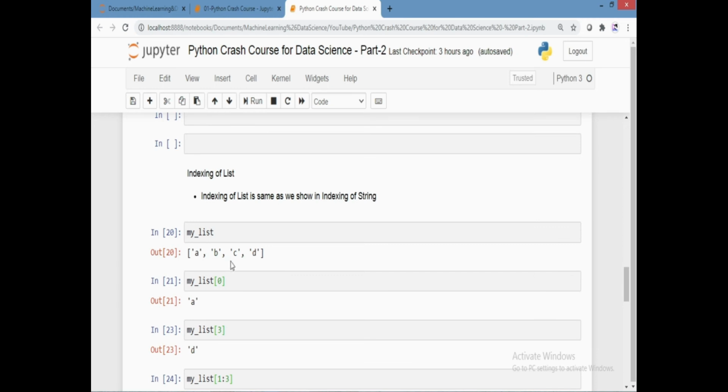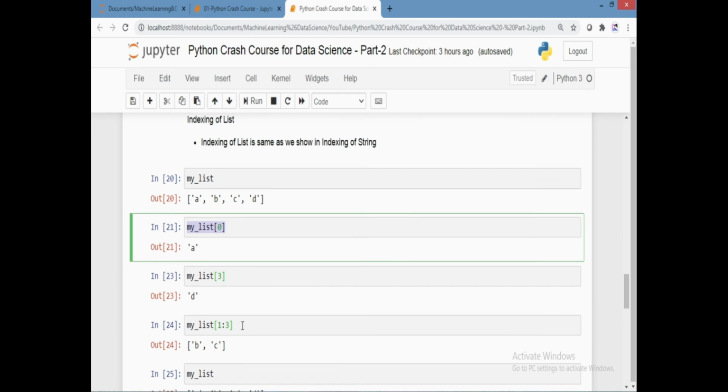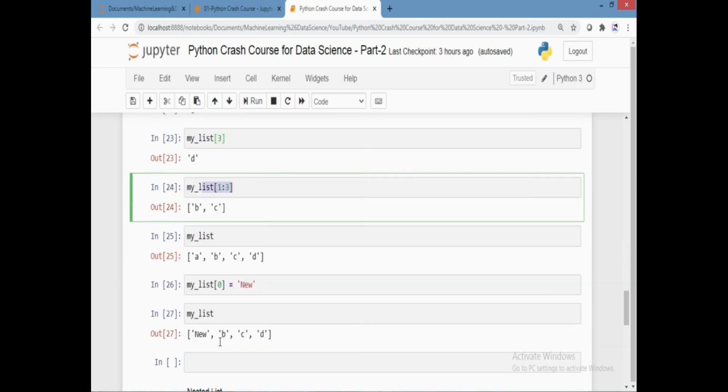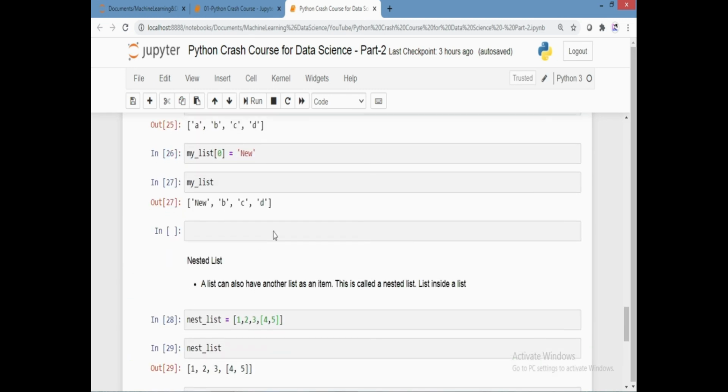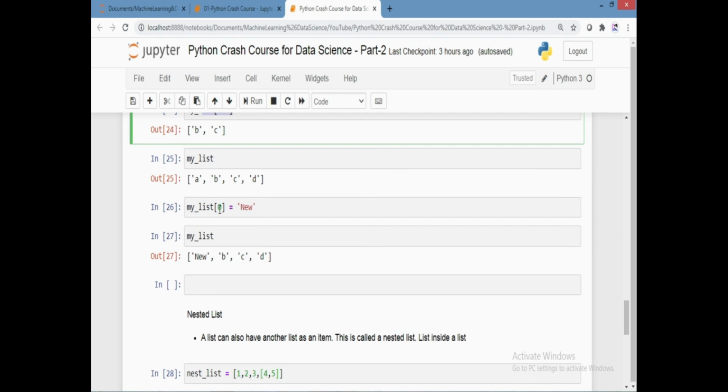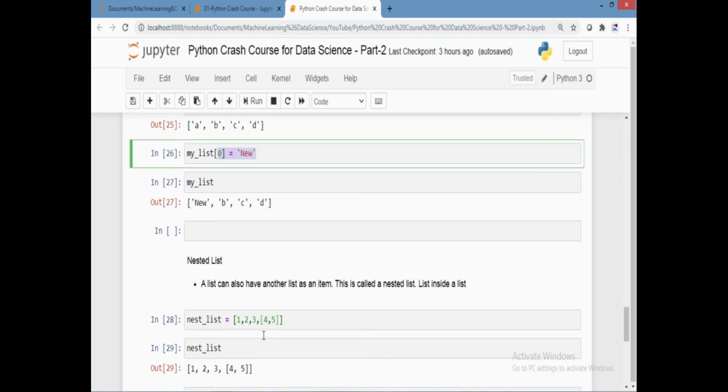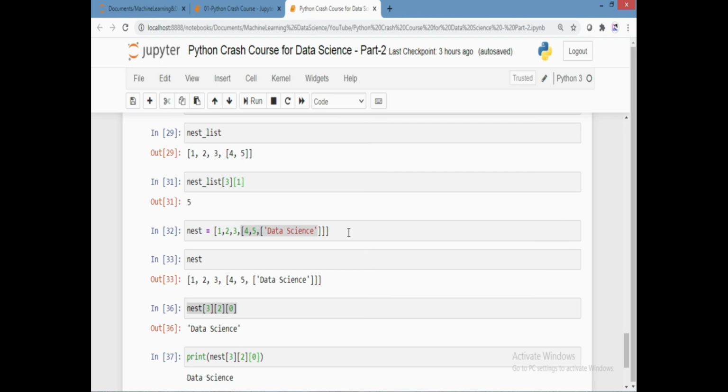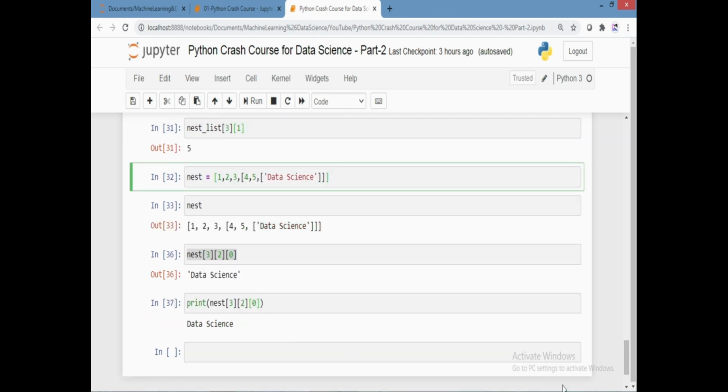Indexing of a list is the same as string indexing; we call the particular index. And in nested lists, you can see that we can do reassigning by calling new, and you can see the list inside the list. So that's all for today. Thank you.